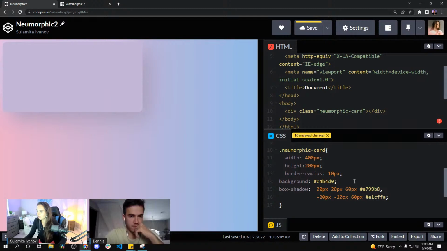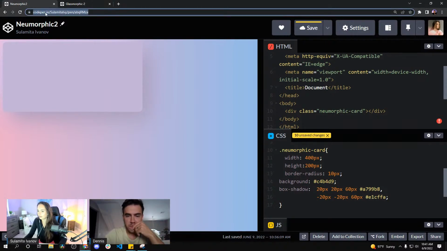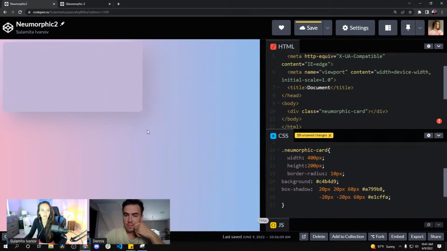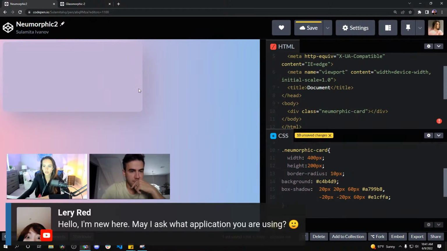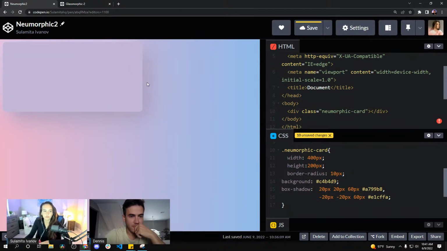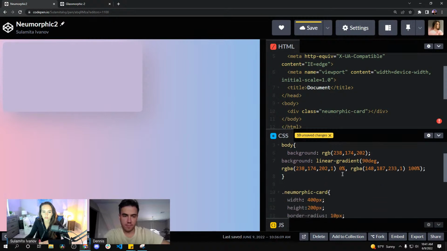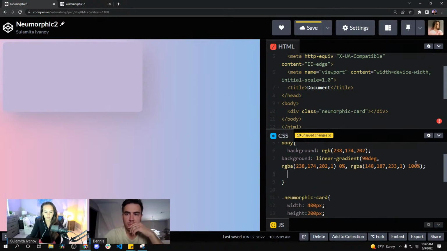I'm using CodePen to build this. It's codepen.io. And that's how you can see exactly what you're building over here. So this is the Neumorphic box that we just created. And now I have to add the flex to it and center it and everything, just like we did with the Glassmorphic one. So how we do that is we're going back into the body and we're saying display